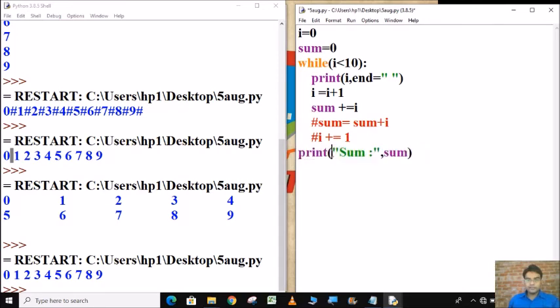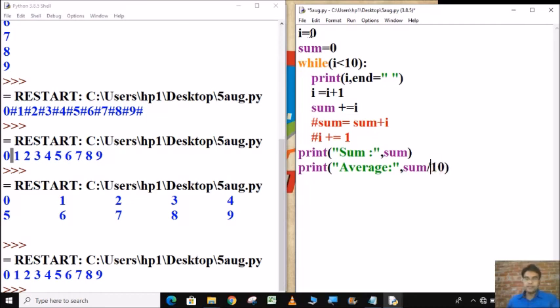So we will write print average, sum divided by 10. Now sum divided by 10 will give a float value. Okay, it can give a float value also. And if we use the double slash, then it will give integer division. Then it will definitely give an integer value.